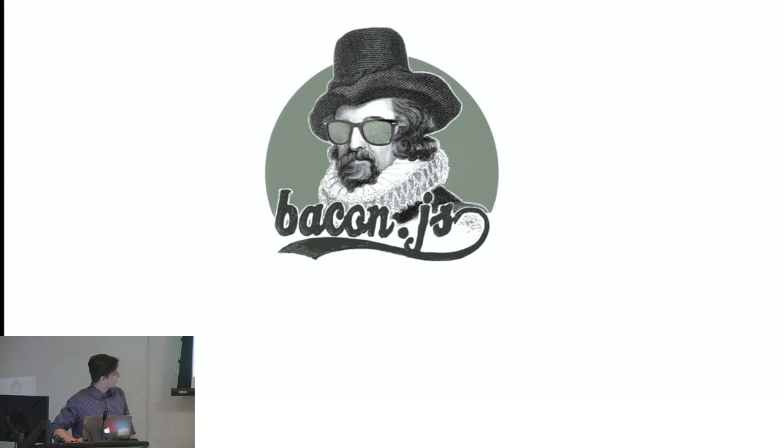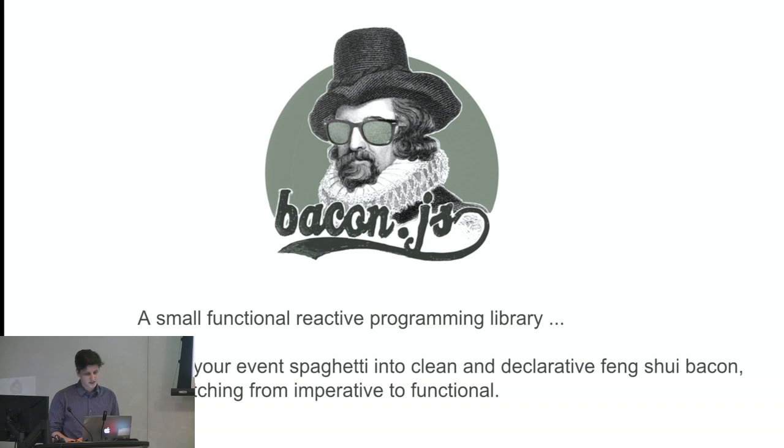Then I came across Bacon.js, a small functional reactive programming library. It turns your event spaghetti into clean and declarative feng shui bacon by switching from imperative to functional. This was about a year and a half, 2 years ago. I'd heard the terms functional a lot and reactive a lot, so I really needed to figure out what functional